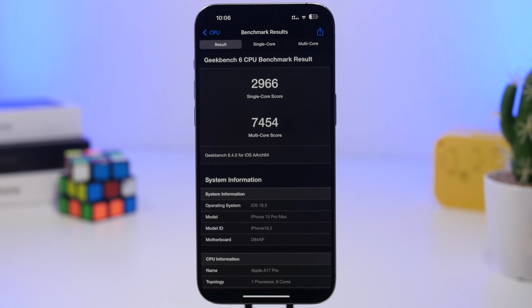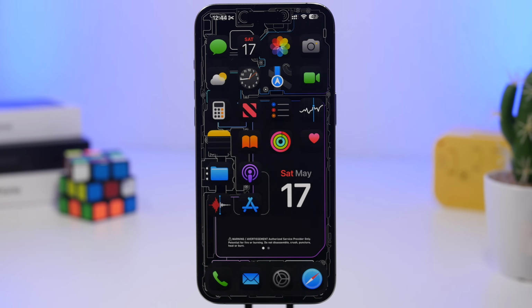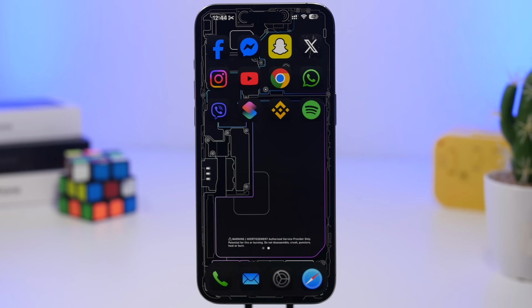2,966 on the single core score there. Again, an amazing performance by iOS 18.5, and you will actually even notice it just from using it since beta 1. It has always been amazing, very stable, not a lot of glitches. It's actually pretty cool, and also a lot of things under the hood have been improved with 18.5, like